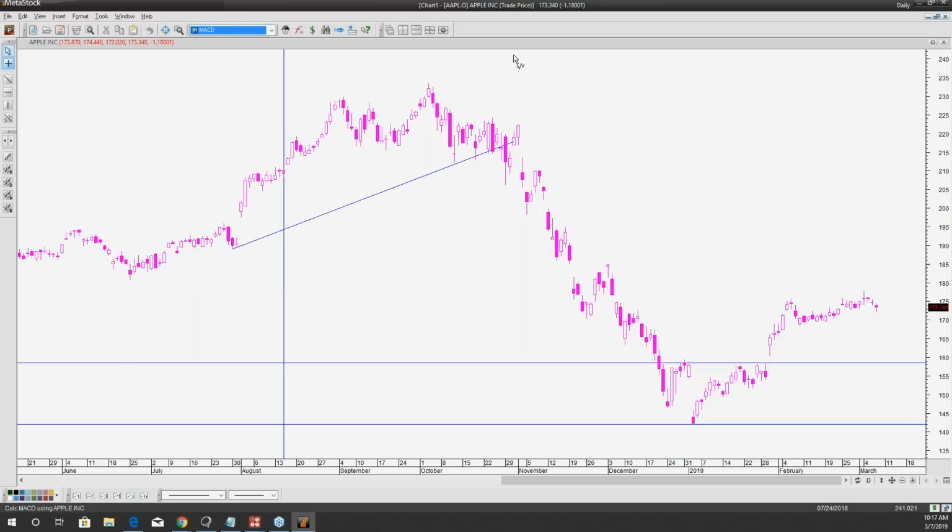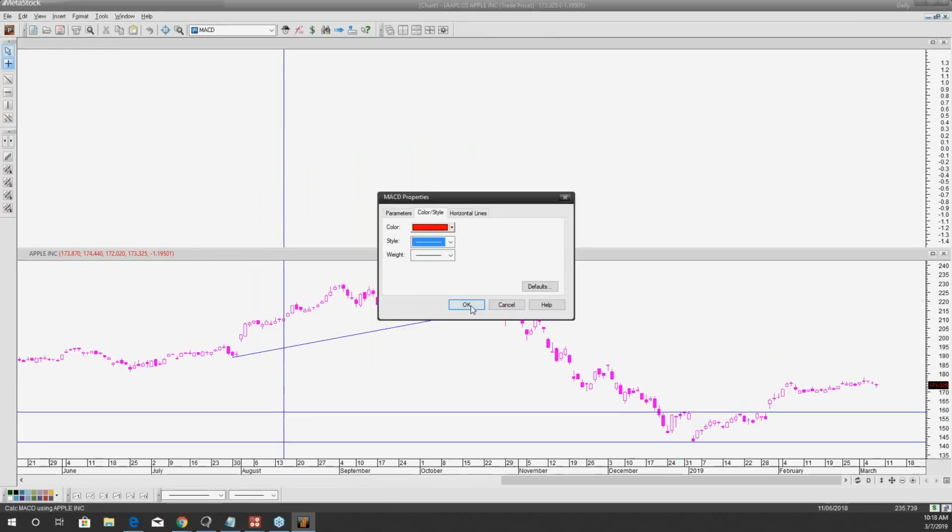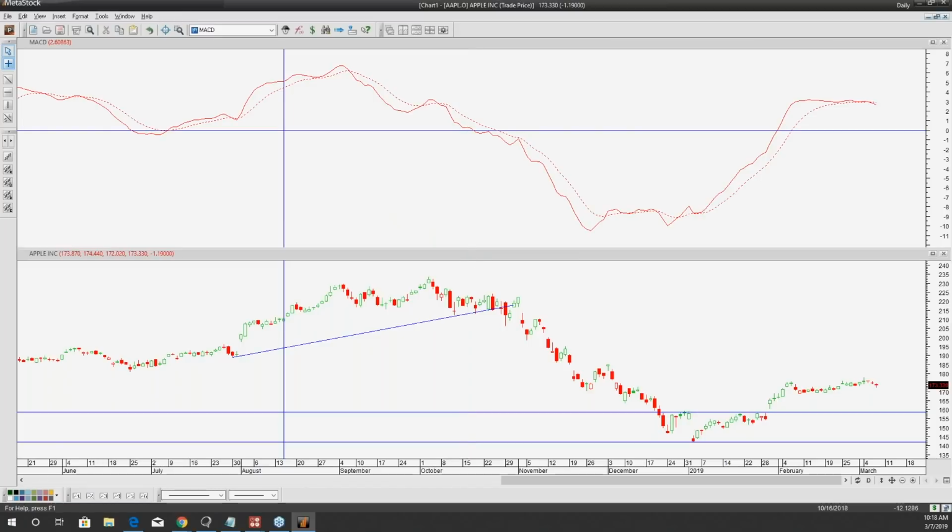So we grab that MACD, and when you're dropping an indicator in MetaStock, you can drop it within the price action, or you can create its own window for the indicator itself. MACD, we won't drop in the price action, to create our own window. We just drop it when we see that little white box around the cursor there. So we click there, and this is what happens when you create an indicator. It'll allow you to go through the properties. It always has its default stuff, so you can just quickly click OK. But if you like to customize any of that stuff, you're absolutely more than welcome to do so with those properties there. Once you're done, you hit OK. And now you'll see that we have the MACD.